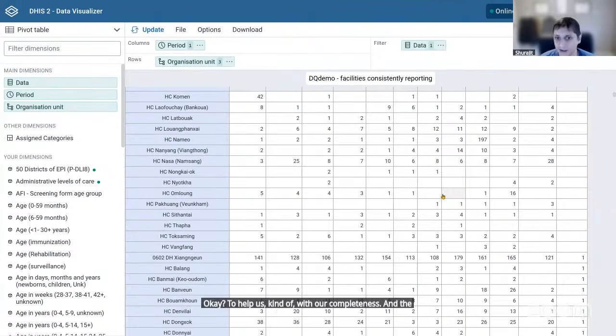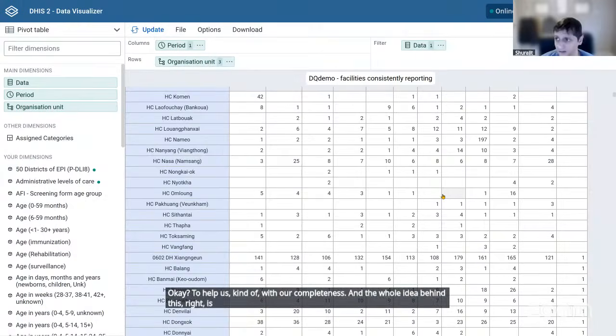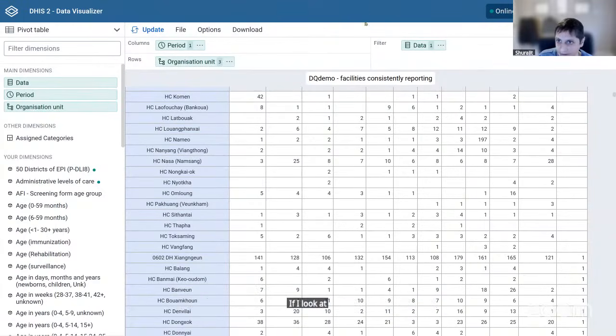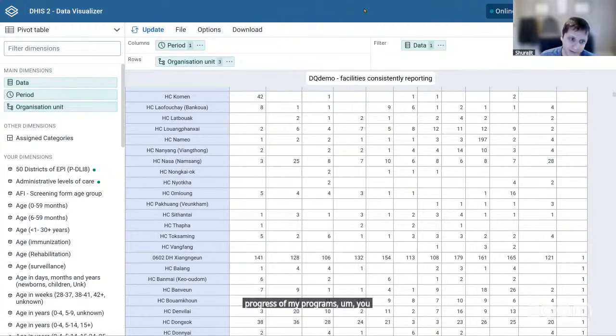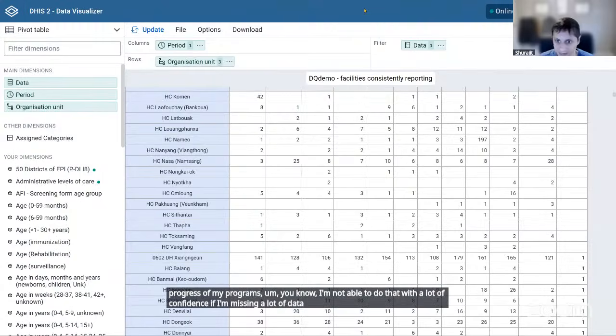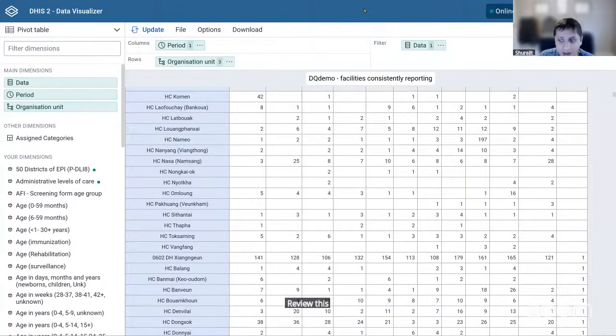The whole idea behind this is, when I look at these indicators, if I had ANC1 in my previous example, the completeness is very high. If I look at this one, malaria confirmed cases, where the completeness is low, when I start to create indicators and make assumptions about the services I've delivered or the progress of my programs, I'm not able to do that with a lot of confidence if I'm missing a lot of data. That's the whole idea behind reviewing this information, where you can